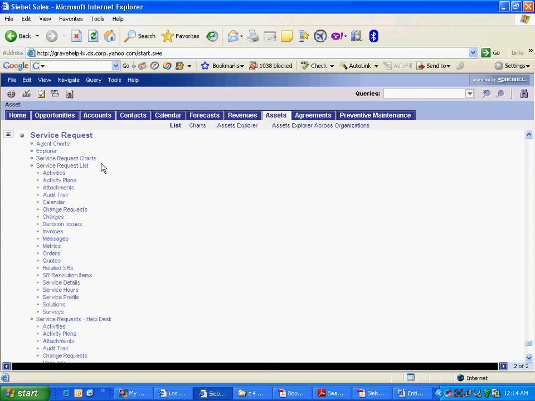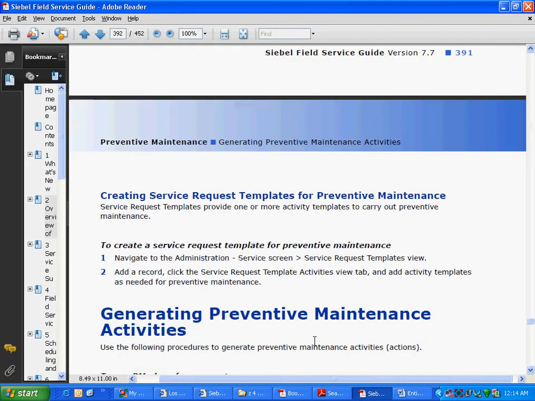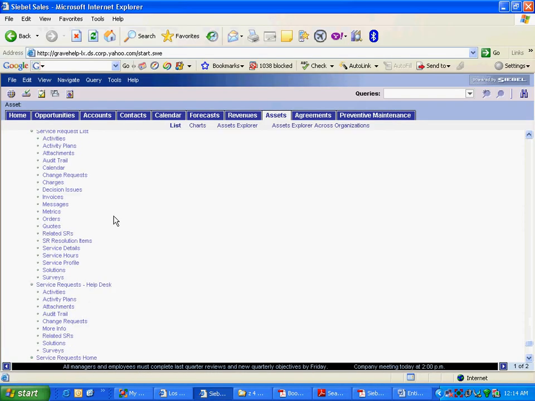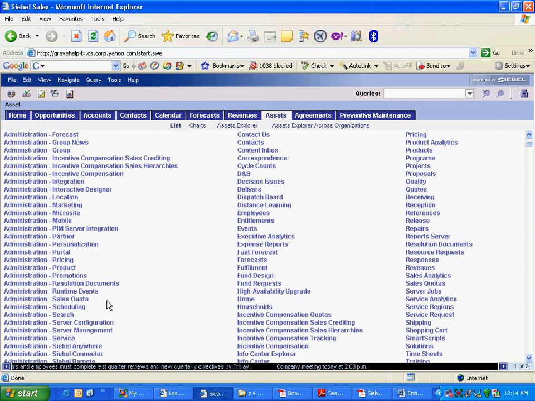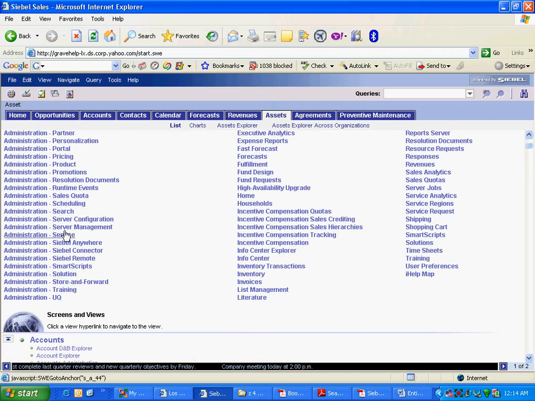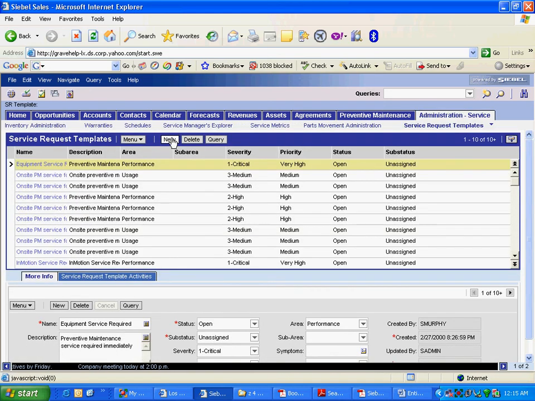Let's create one service request template at the least. That should be easy. Do you see any service request template here? Do you see anything? It says go to the administration service screen.